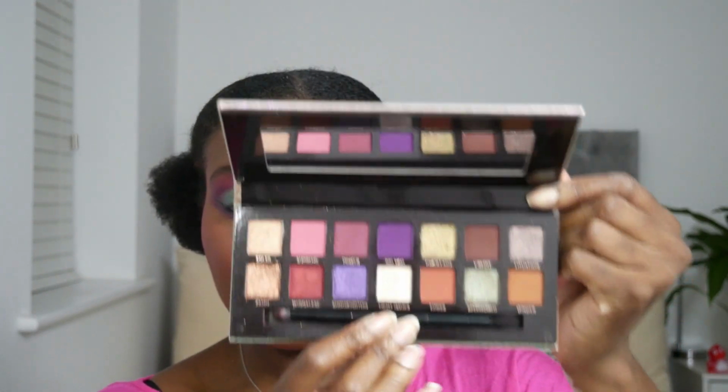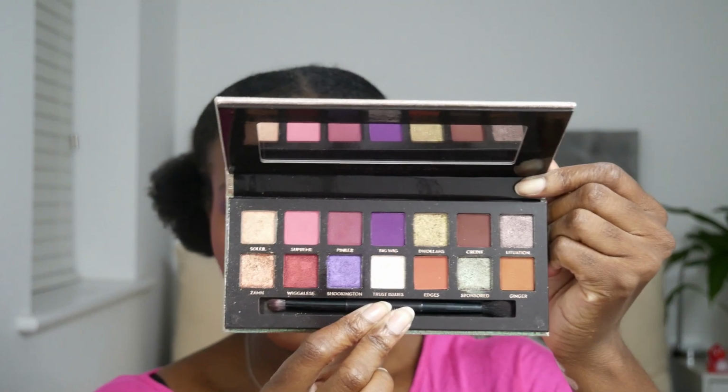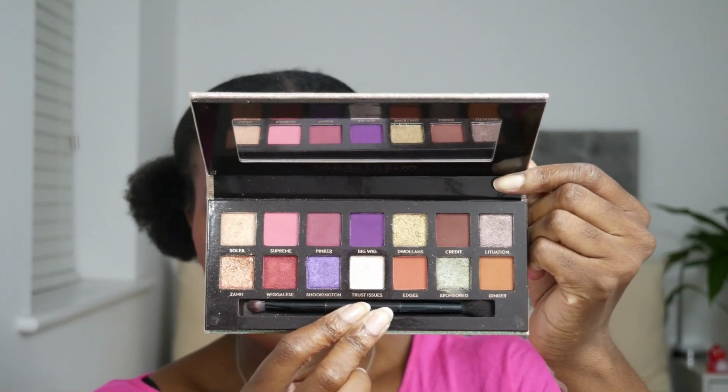And when she did this collab with ABH, it was just so amazing to be able to pick up a palette where I knew every single shade in here I would be able to use without hesitation. I wouldn't have to think about how I could use it. I could just go for it. And ABH again is also one of those brands where